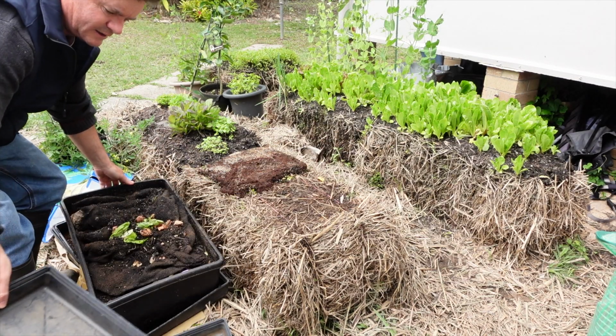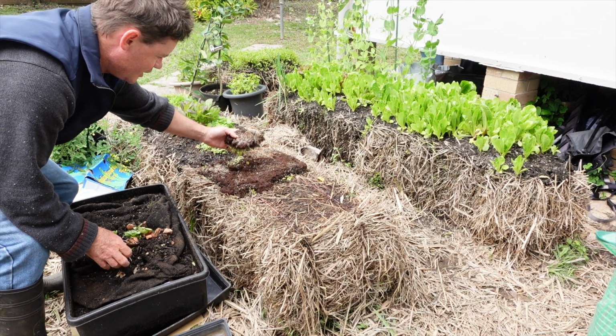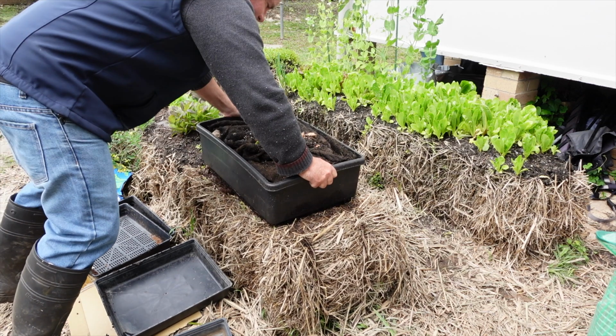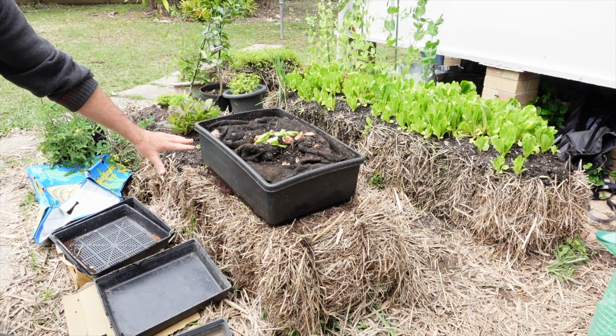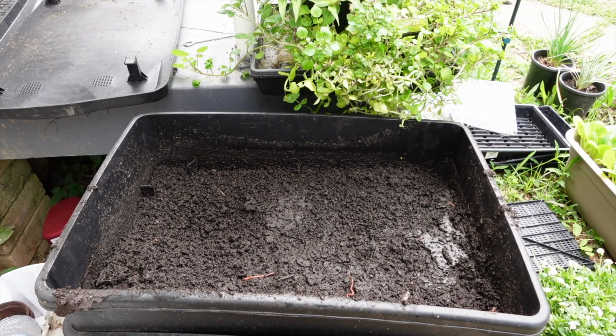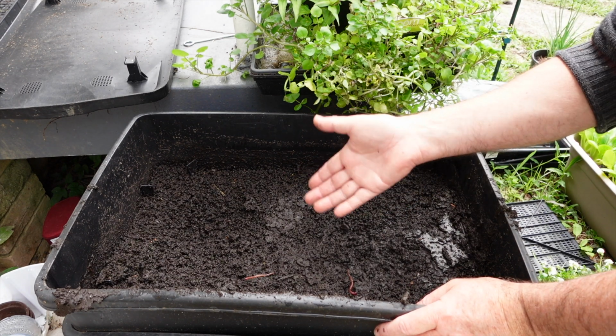Onto here, right, there's some cocoa peat, just from some microgreens there. There are worms in it. Lift that onto there. Some will go down. So as some of the worms are going down into the bale, we're going to have a look inside this